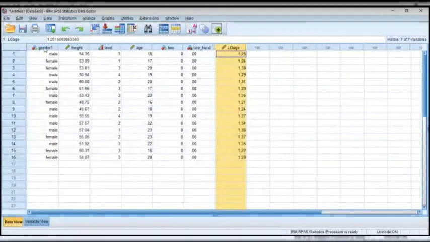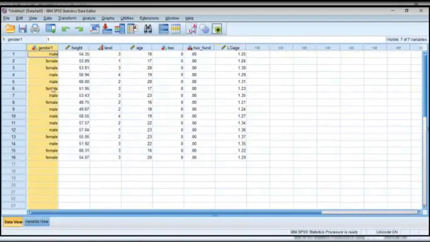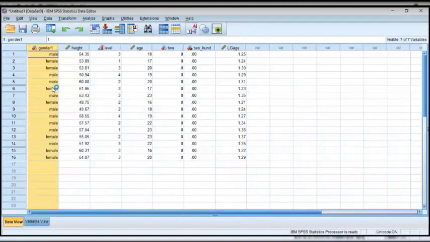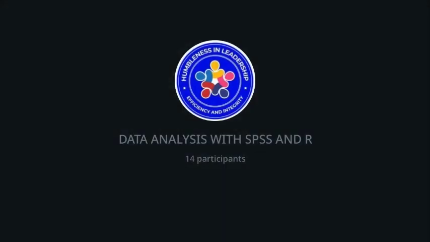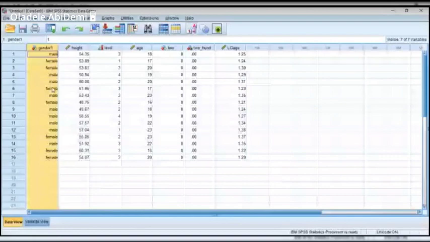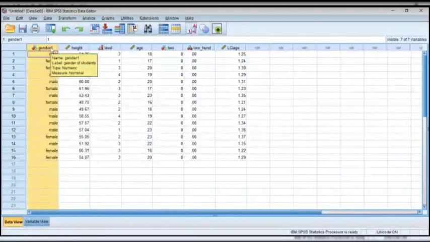Now, I want to do the description of this particular variable. I don't want to go to analyze and start pressing stuff like that quickly. You can just pick the variable that you want to do the descriptive statistics for, like I've done now.